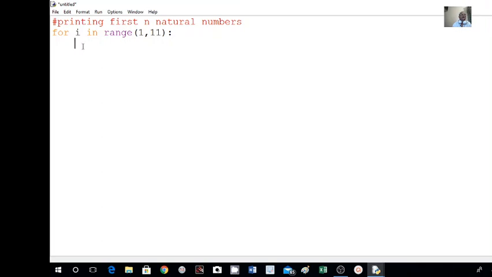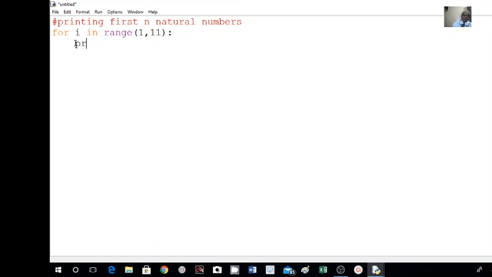In Scilab or Maxima, we have to put a bracket here, open bracket and close bracket. Whatever we write within these two brackets is treated as the body of the for loop. But here in Python, indenting is important. Whatever we write at this indented line will be treated as the body of the for loop. Again, if it comes out, then we have to come back here. So here, for i in range 1 to 11, i takes the values 1 to 10.